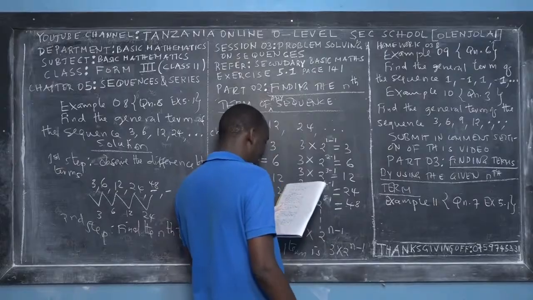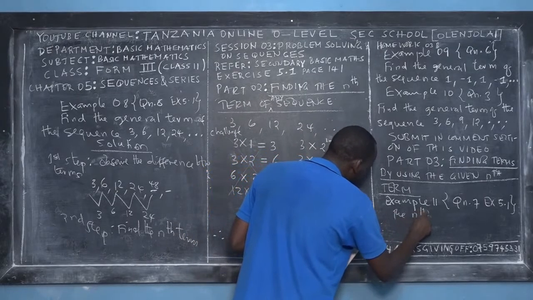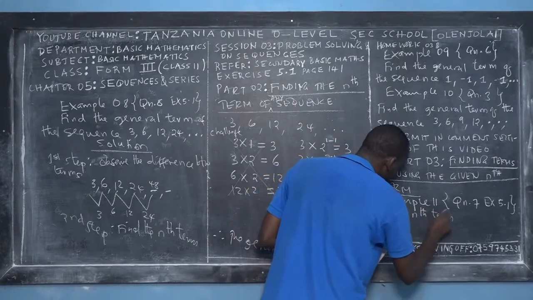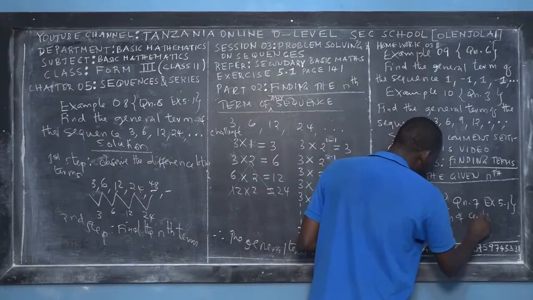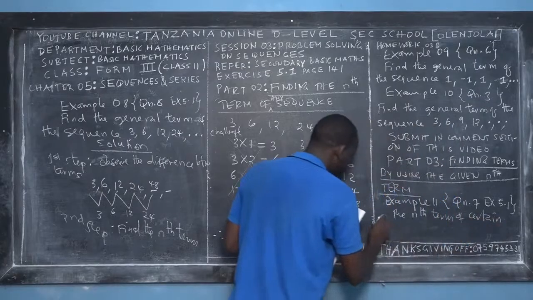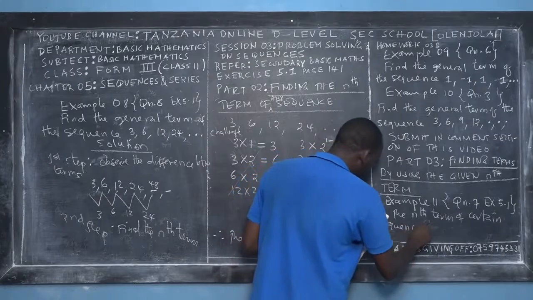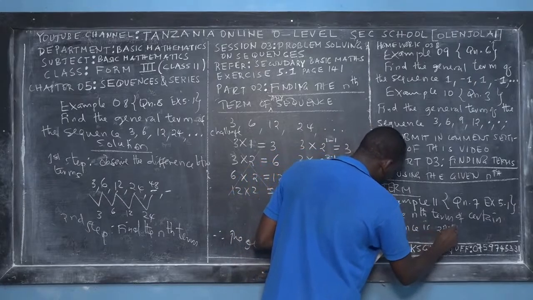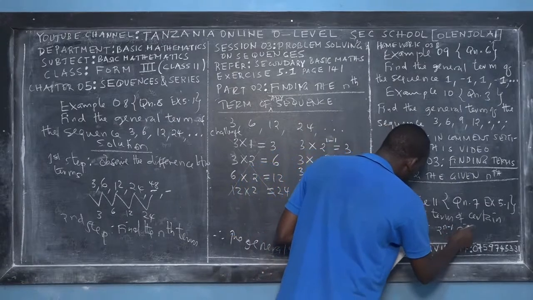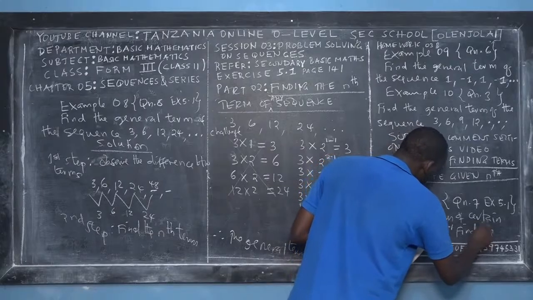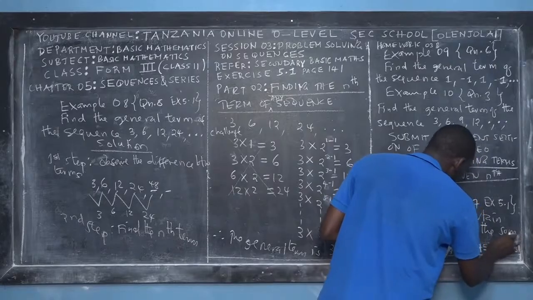The question asks that the nth term of a certain sequence is 2 power n minus 1. Find the sum